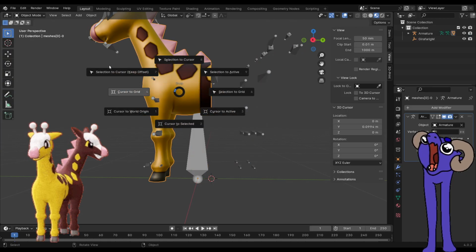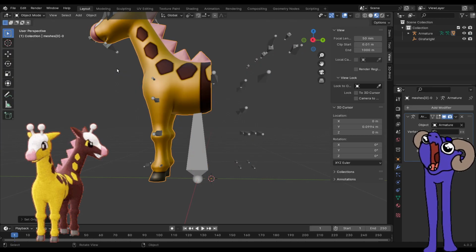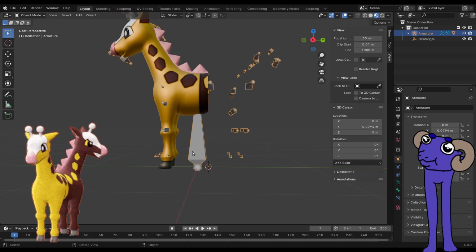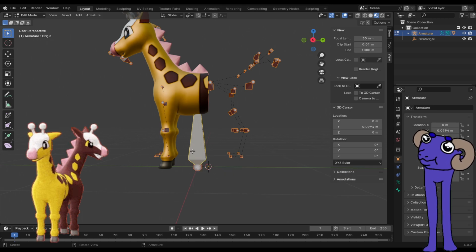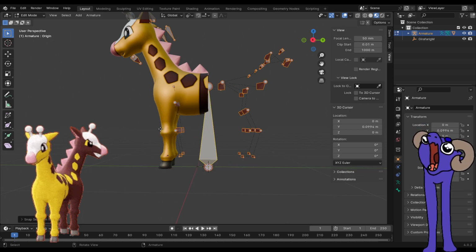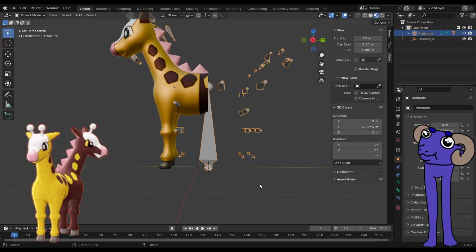Your origin will also need to be at the 3D cursor, right? Then we collect there, and then